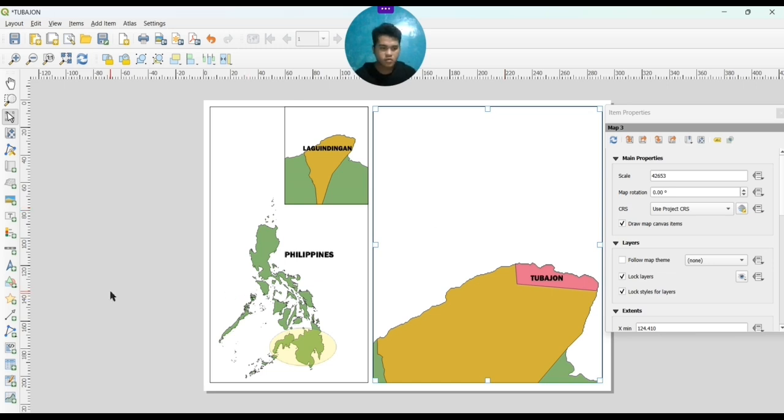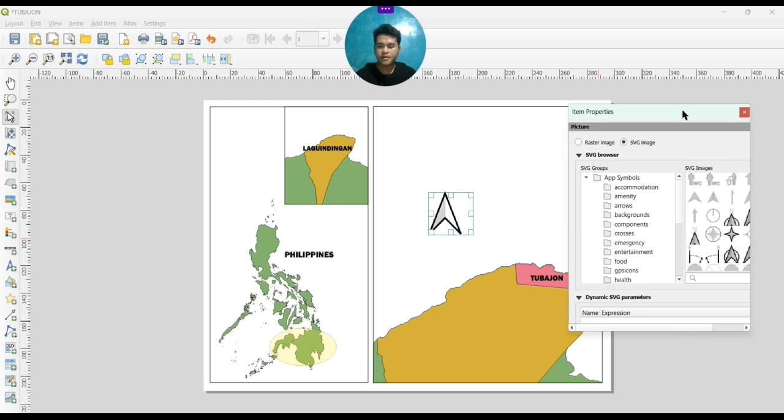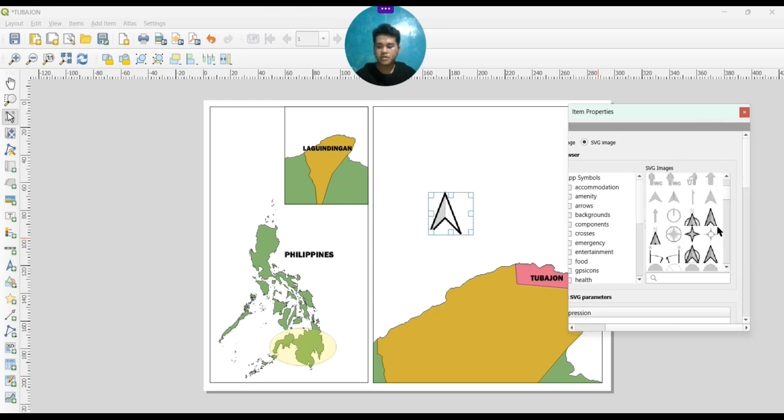Next, I just want to add some signs or the compass that I wanted. So here, I just want to click here. I just want to show you again this one. So I just click it here where it came from. So that manner, just select the other symbols.